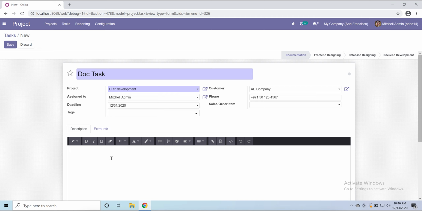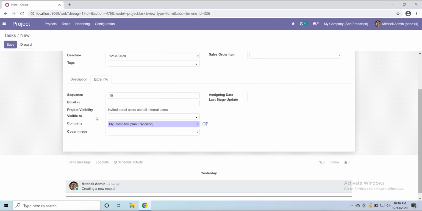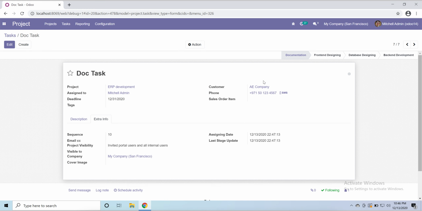Tags, and here if you want to enter some description, here's other info, the sequence number, email, and project visibility to company, and the cover image. Just save and